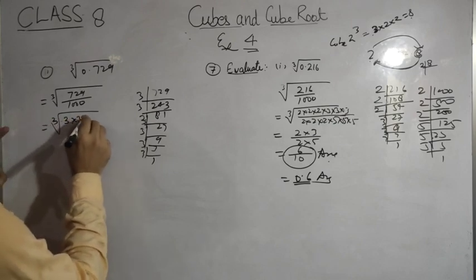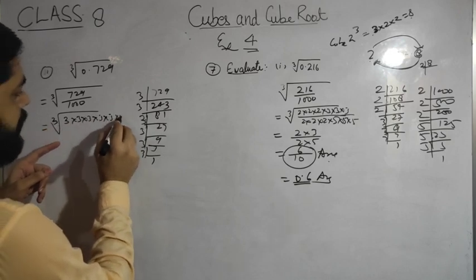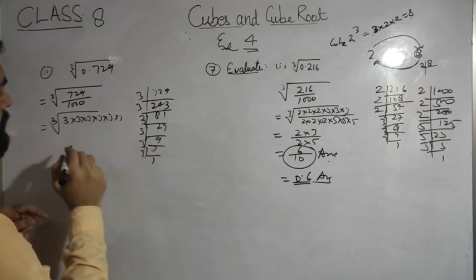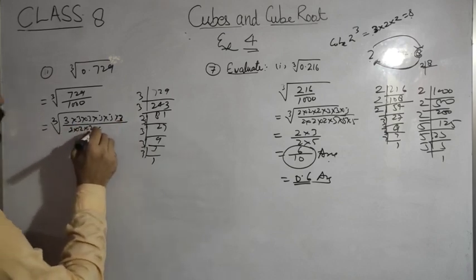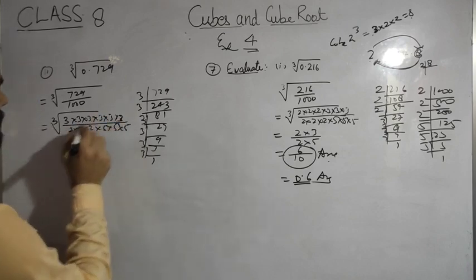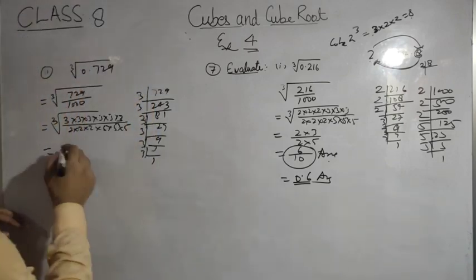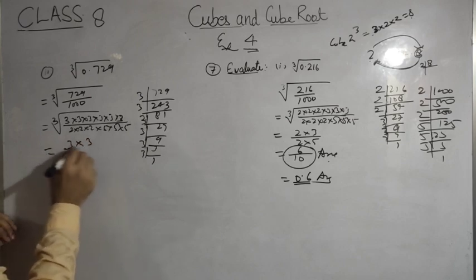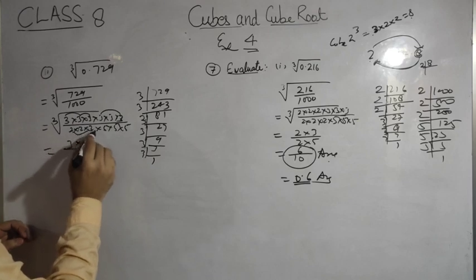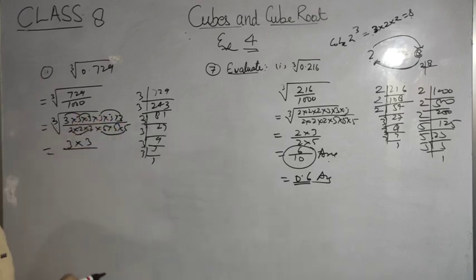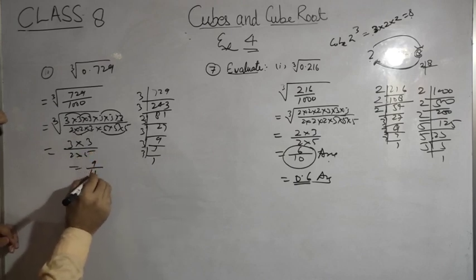729 factor will be 3 multiplied by 3 multiplied by 3 multiplied by 3, how many times? 6 times: 1 2 3 4 5 6. And then 2 multiplied by 2 multiplied by 2 multiplied by 5 multiplied by 5 multiplied by 5. Okay, these are the prime factors of 729 and 1000. Then take out the groups. Here is the 2 group, and here is also a 2 group. Here is a 2 and 5, and here is a 3 and 3. So 3 and 3 multiplied is 9, and 2 and 5 is 10. That is 9 upon 10.